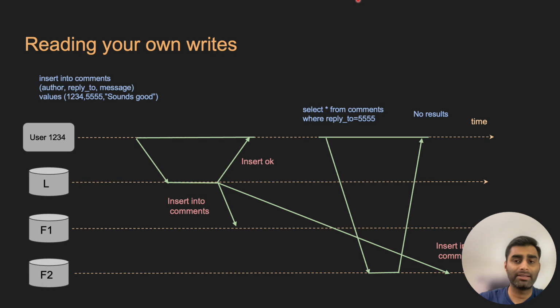Now, since this is async replication, as you can see, the leader does not wait for a success message from the followers. The leader will just send an OK message to the user that your comment has been posted. Now let's say, before the comment is actually reflected in the follower's database,